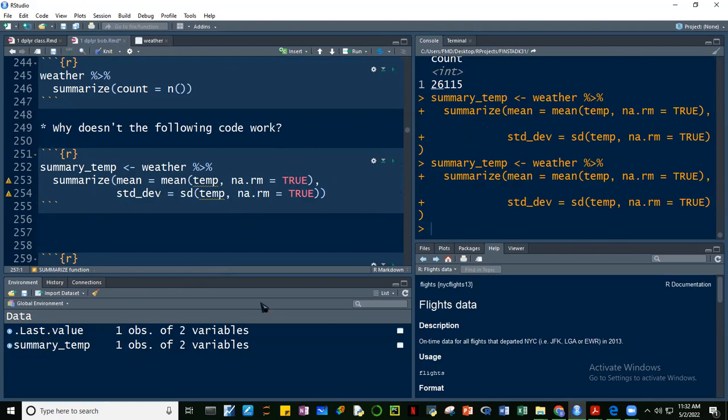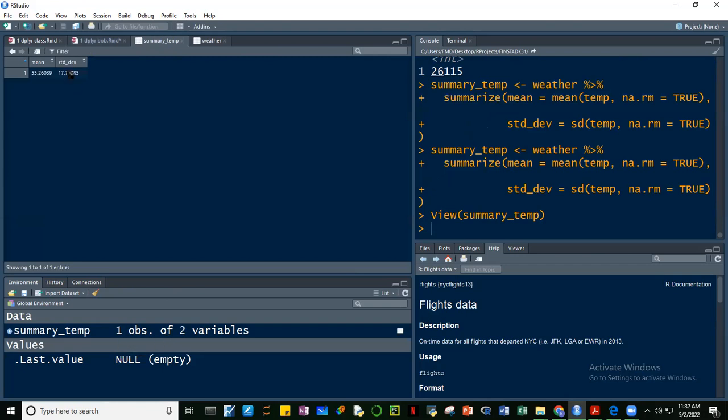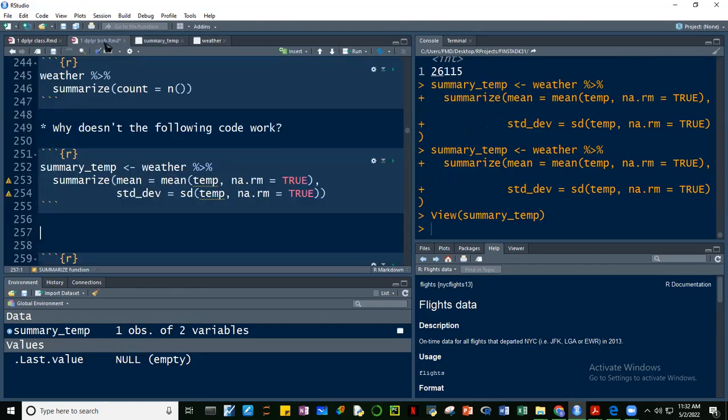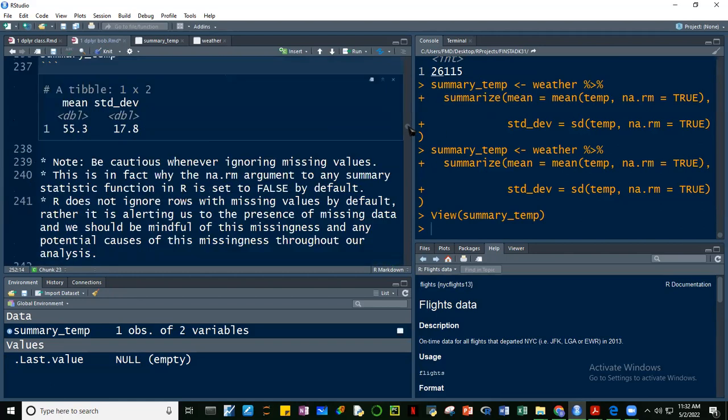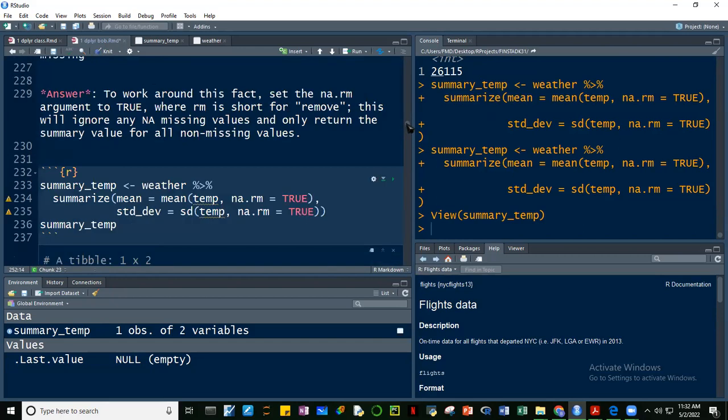Summary temp. Ito yung kanina, summary temp. Okay, so gawin natin itong summary temp 1. Let's change the name para ma-compare natin dito sa isa. Kasi dito, guys, this is quite different from yung kanina, no? Kasi dito yung sa isa kanina,